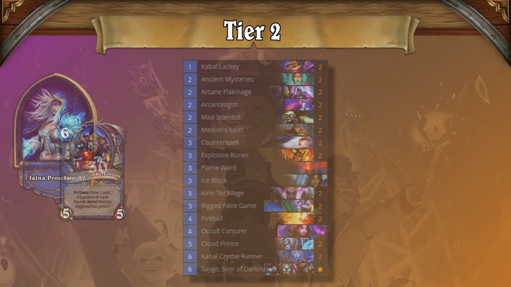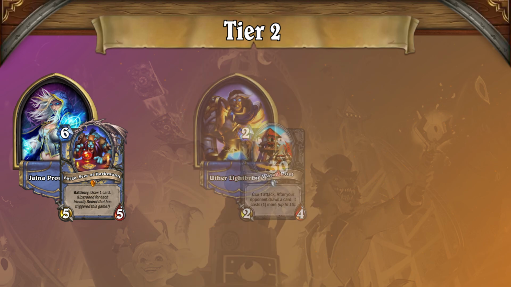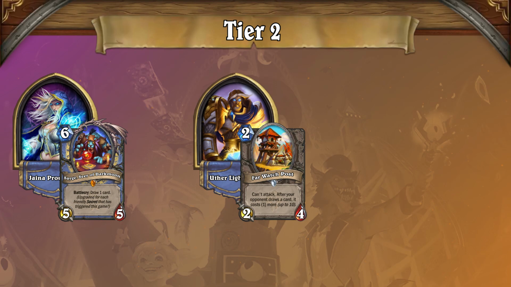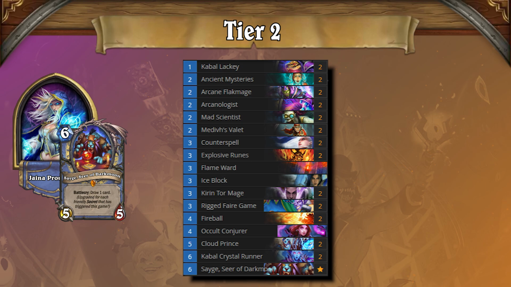Also in Tier 2, Secret Mage has fallen from grace after Forged in the Barrens, largely thanks to Tax Paladin. Simply put, Tax Paladin is faster and more efficient at counter beatdown style gameplay than Secret Mage ever was, and to make matters worse, Secret Mage hasn't seen much change from the new set, so it can't upgrade itself much